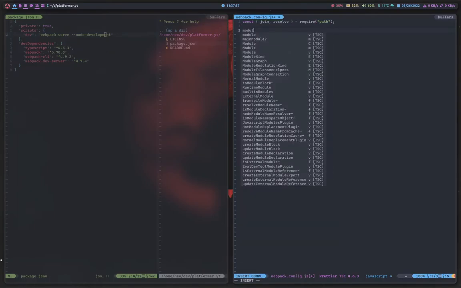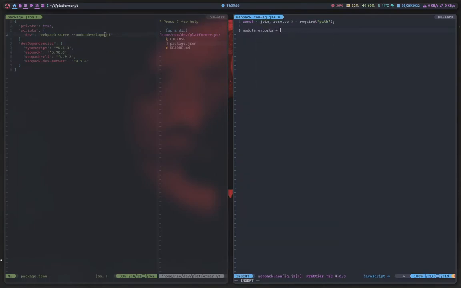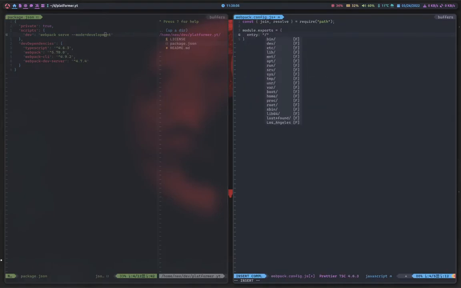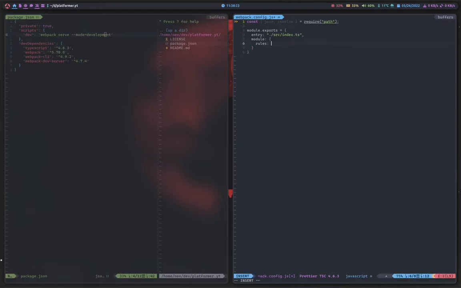And then we'll have module.exports equal to this object, where the entry is src/index.ts. We'll have module with the rules. Wait, rules is a list, not an object. We'll have the test as this regular expression, .tsx?$